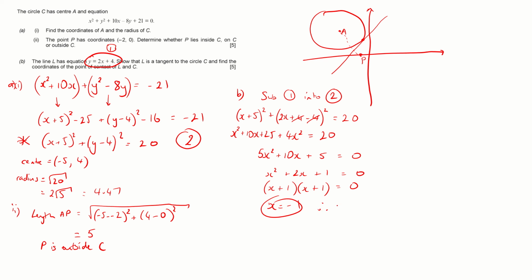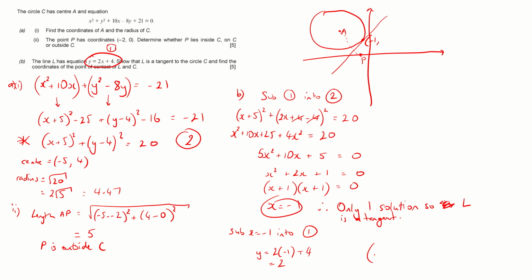So we need to say something like only one solution. So L is a tangent, only one coordinate of intersection. Find the coordinates of the point of contact. Well, we've certainly found one of them. We found the x coordinate, minus 1. We now need just the y coordinate, and we can sub it into either one. So I'm going to sub x equals minus 1 into equation 1. So we have y equals 2 times minus 1 plus 4, which is 2. So the coordinate minus 1